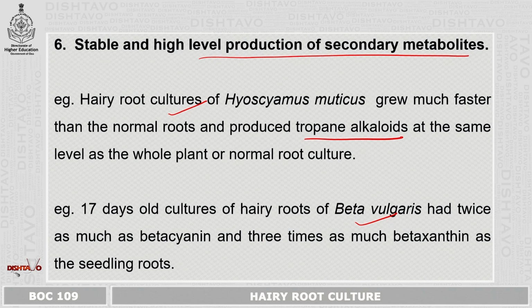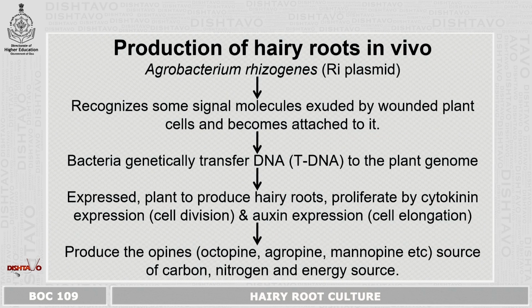A 17-day-old culture has shown twice as much beta-cyanin and as much as 3 times as much beta-xanthin as the seedling roots. Then, if one wants to do the production of hairy roots in vivo, that means in normal conditions, this Agrobacterium